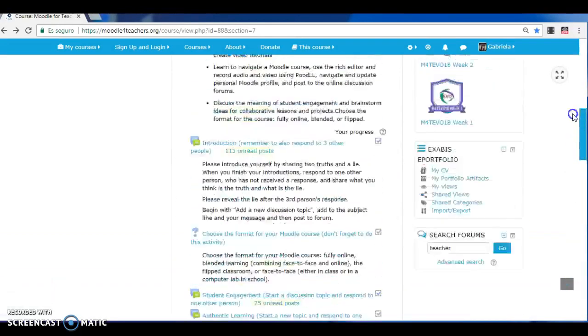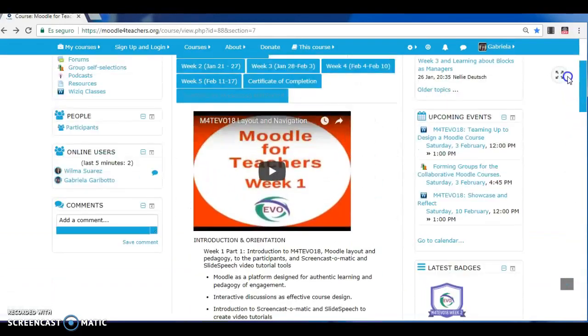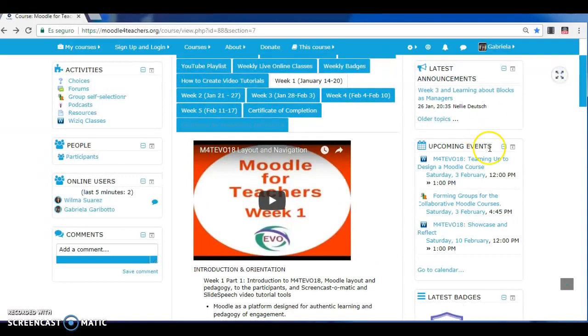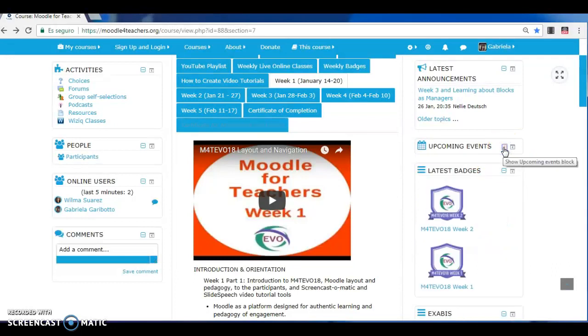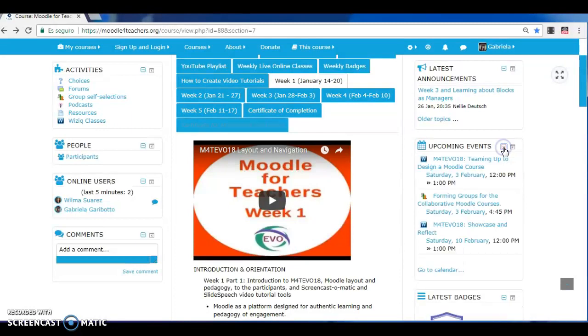And I want to show you that surely you have noticed there are 2 buttons in each block. The minus hides the information of the block, and if you click on the plus, the information opens up. If you click on this other button,